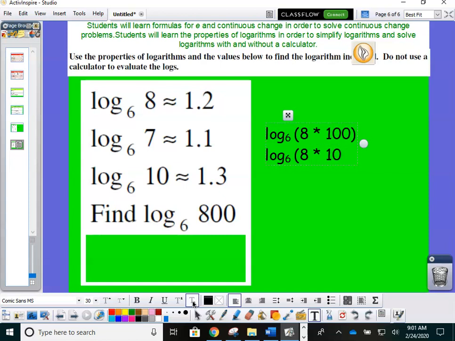Because 100 is 10 squared. So that would tell me I could write this as the log base 6 of 8 plus 2 times the log base 6